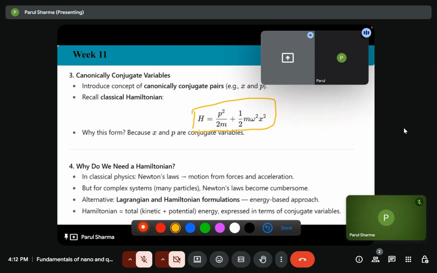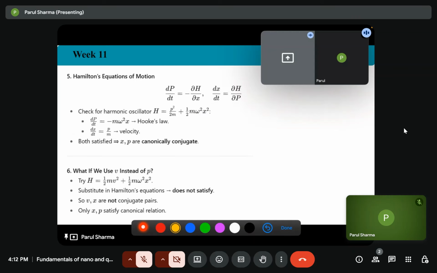So the Hamiltonian is the sum of the kinetic energy plus potential energy, that is expressed in terms of conjugate variables. So now, what are the Hamiltonian's equations of motion? So dp by dt is equal to minus